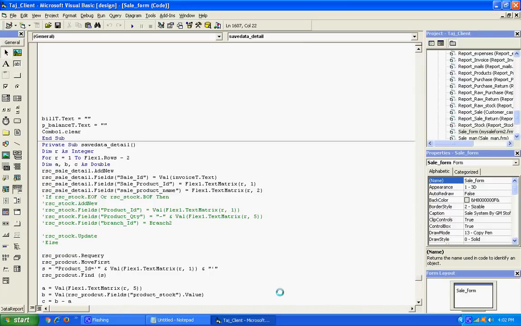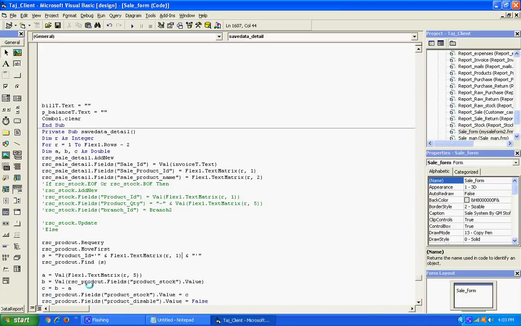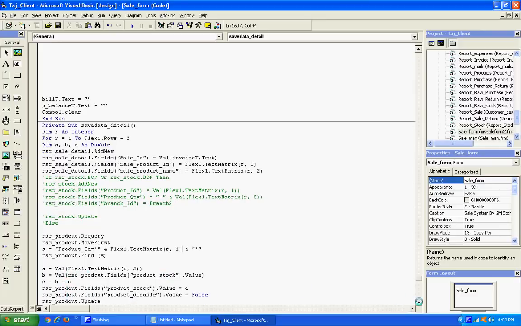Product defined as... We don't need the Val function because product ID is a text field, not a numerical field. If it were a numerical field, then we would use the Val function. Find product Val.